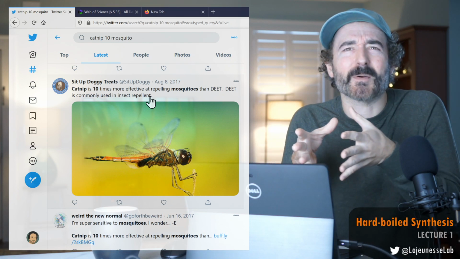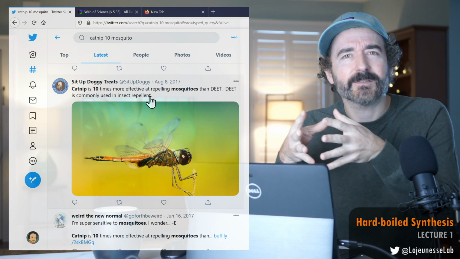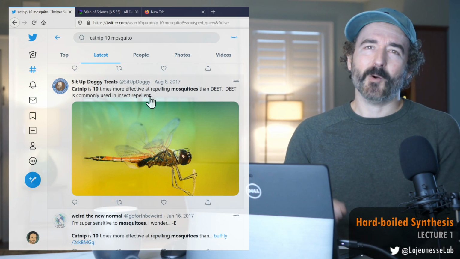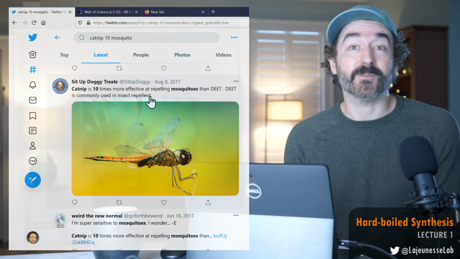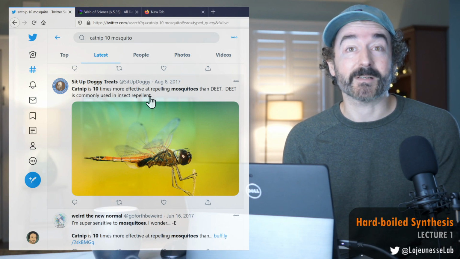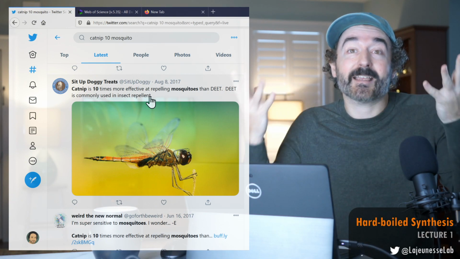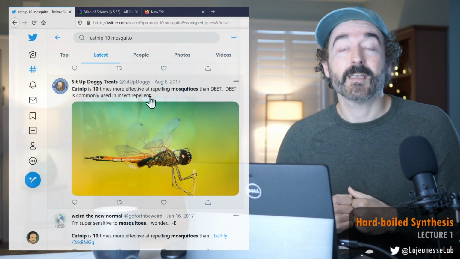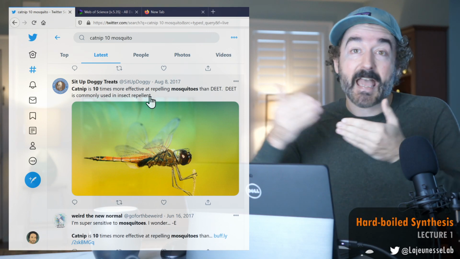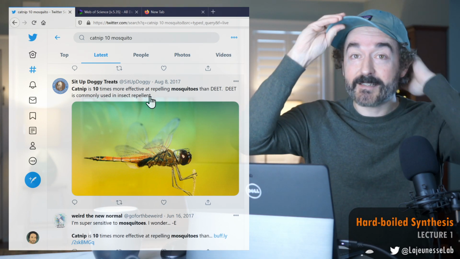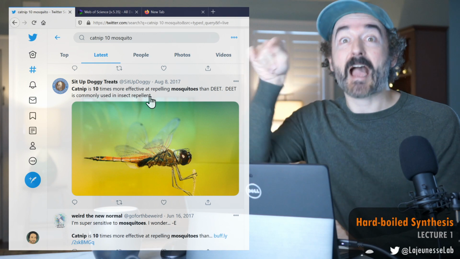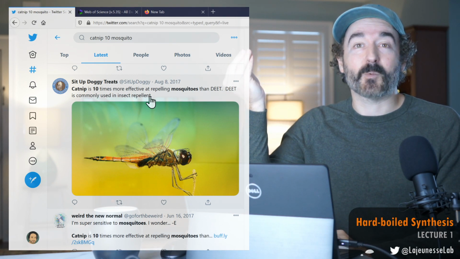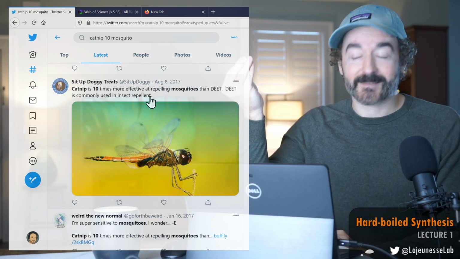Now, clearly there must be an origin to this really specific claim, like 10 times. And hopefully I'll figure some of that out once we actually get our hands dirty with the research synthesis project. My guess is there probably is a publication out there that makes that claim. And as I go through all the published studies, we'll find it and we'll be like, aha, this is the one. This is the one where the world has decided that catnip is the best thing.